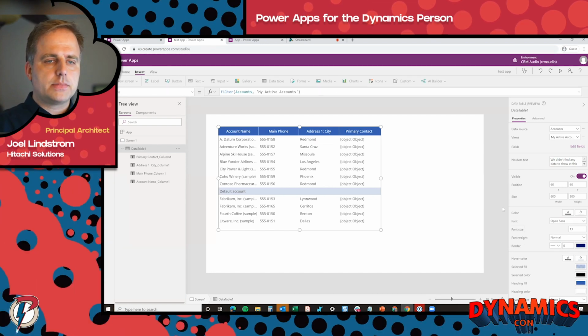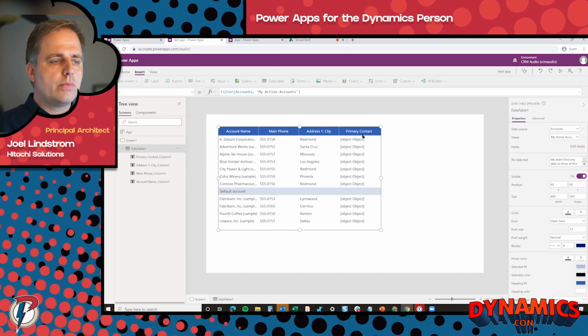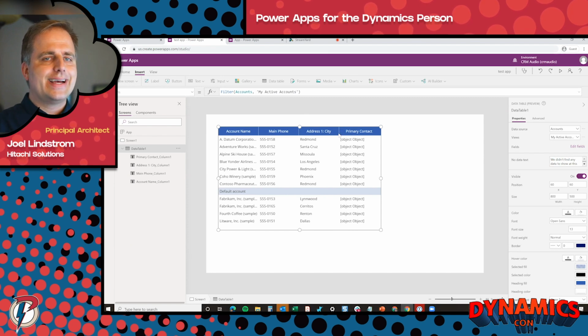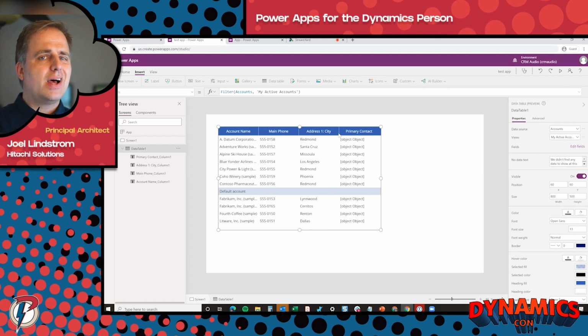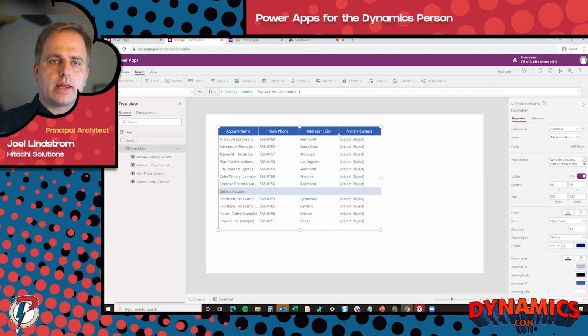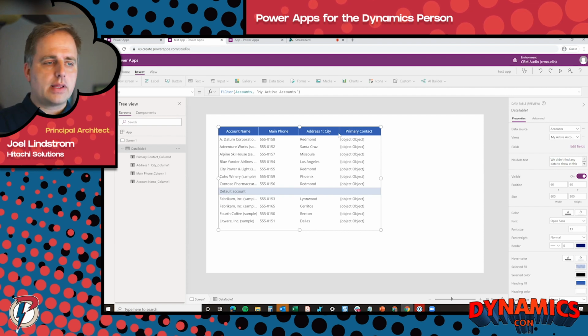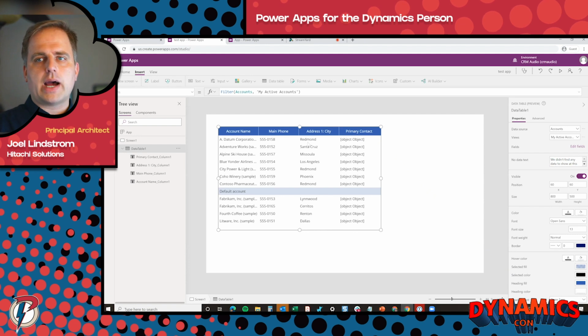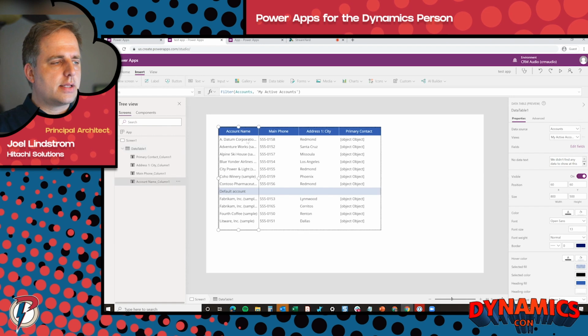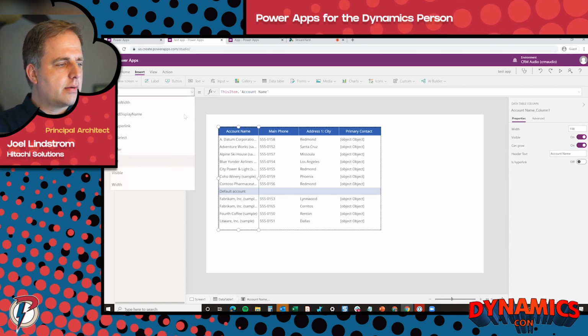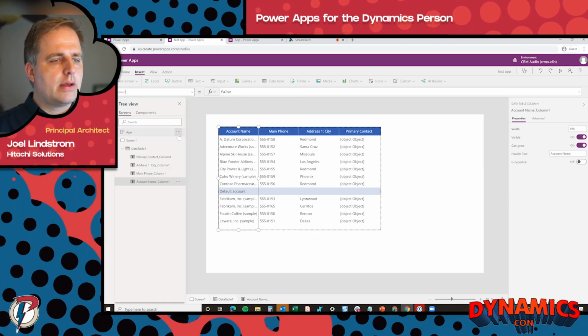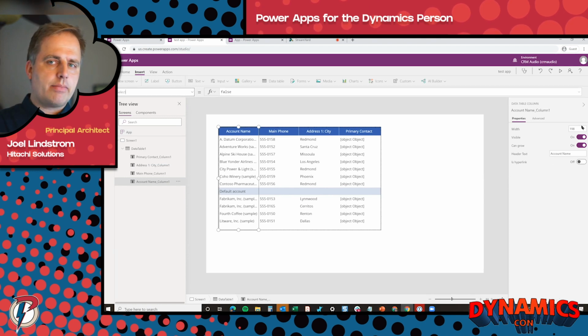And so you'll see here, one nice thing is it's a little bit easier to keep things lined up. It automatically puts in that table, but it's a little bit less customizable than a gallery. With a gallery, you have a lot of flexibility to customize it. You actually have more options when you select items. So you can still, though, have an on select property here that you can have it populate the selected item in the edit form like we showed before.